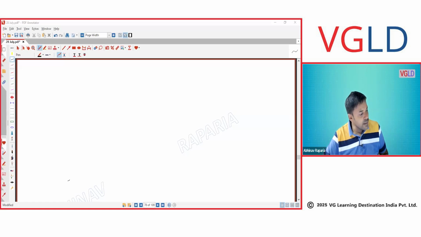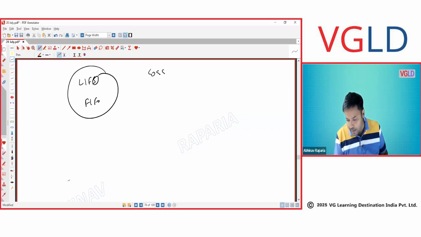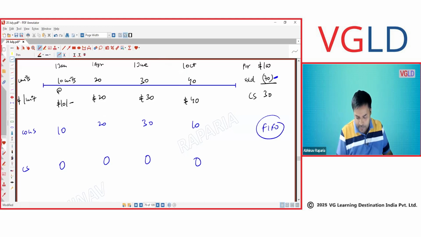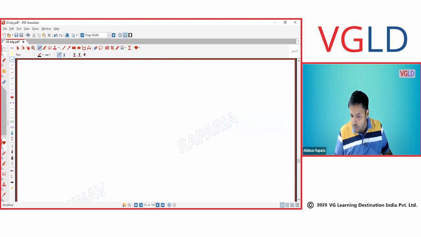What is the importance of FIFO, LIFO? In taxation, I just want to tell you where my COGS is going to be higher. I just want to do a couple of questions with you and show you where my COGS is going to be higher. If I tell you where my COGS is higher, it will tell you how my taxable impact is getting impacted. Let's do it in a simple way. Do you understand FIFO, LIFO or not? You don't understand FIFO, LIFO.